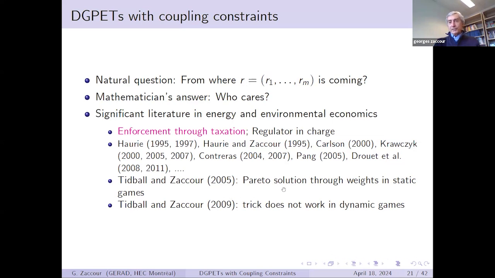We tried hard to extend our trick to a dynamic game. It does not work. Why? Because if you want to have a fixed vector over time, it's impossible to do. However, if you want to change the vector at each instant of time, you can achieve it. But since what we did is in differential games, I think it was very hard to swallow the idea that at each millisecond, the weights are changing. But maybe in discrete time where periods can be sufficiently long, maybe it's worth it to revisit this problem. So, Mabel, maybe this could be our next paper.